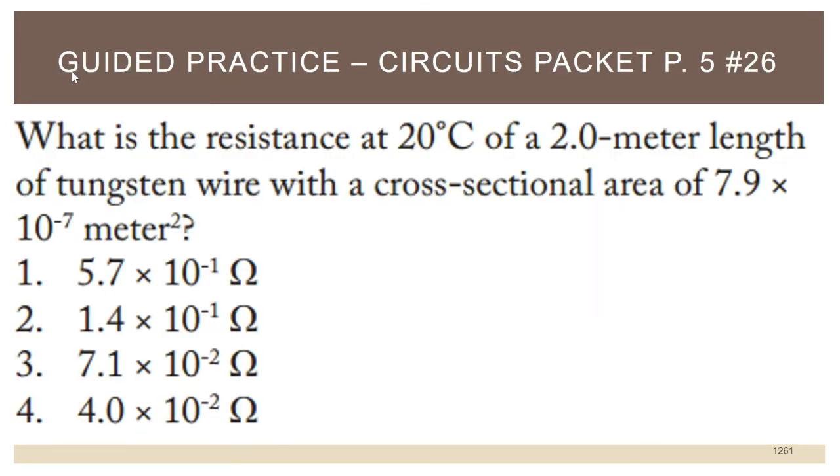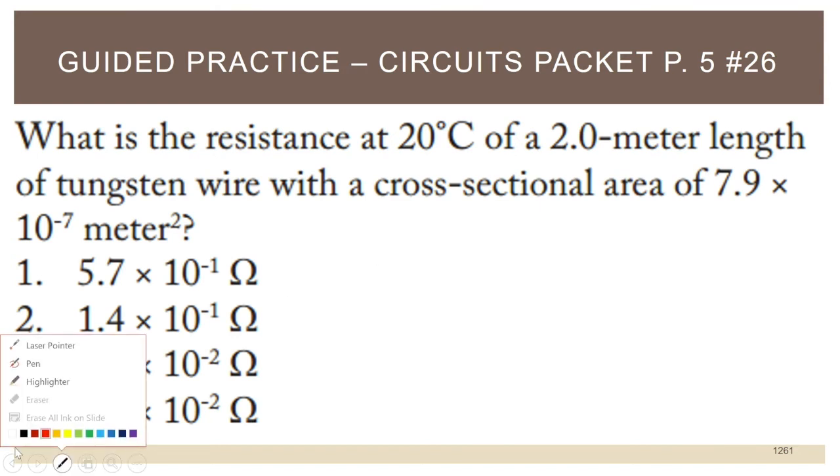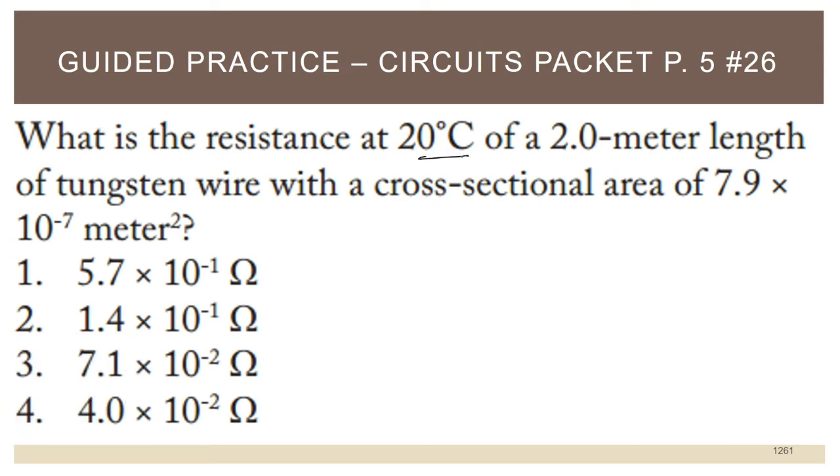All right, so here's the first problem we're going to take a look at. This problem is in the circuits packet, page 5, number 26. It says, what is the resistance at 20 degrees Celsius of a 2.0 meter length of tungsten wire with a cross-sectional area of 7.9 times 10 to the negative 7 meters squared? Now, I think it's important for everybody to realize here, they're specifically telling you the temperature of the wire is 20 degrees Celsius to give you an obvious hint that you have to look at the reference table to get the